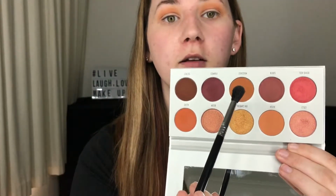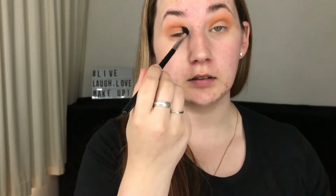I'm now going into Mugshot, which is this like more earthy brown. So this one. And just going a little bit more into the crease, still using the same brush, because as much as it is very fluffy, you can also kind of be a bit more precise because of the shape of it. You can kind of just stick it in there and let it do its magic. So I really do like that. This is a lot more earthier colour than Rush, and I do really like this colour,